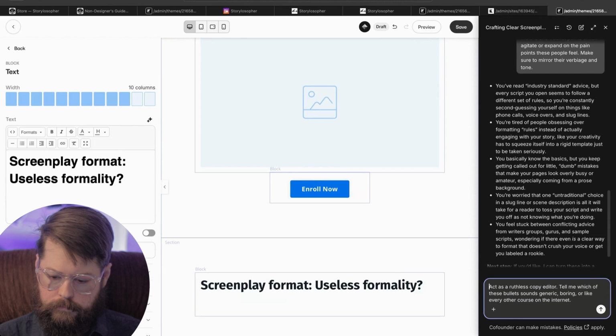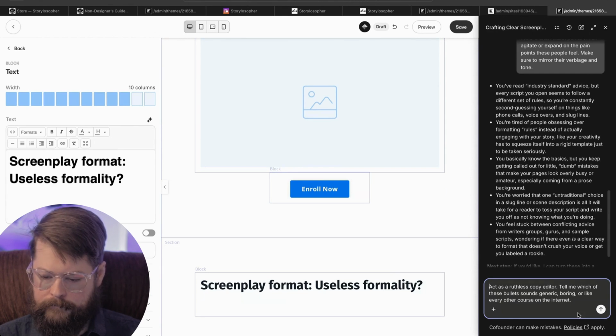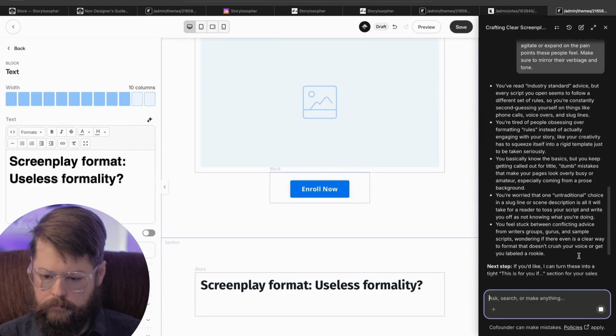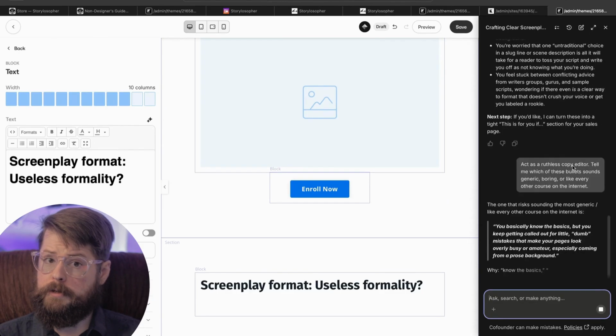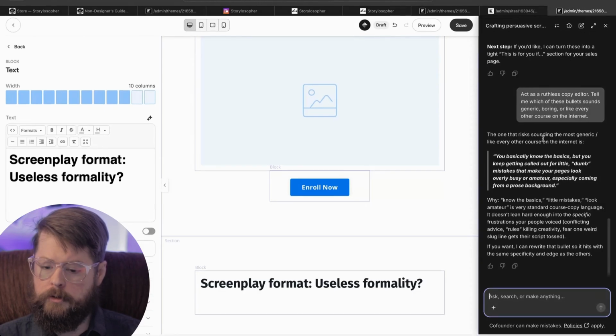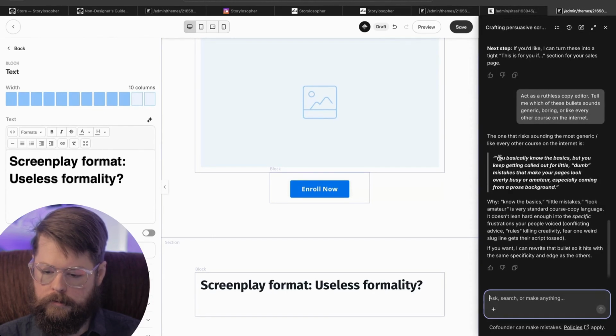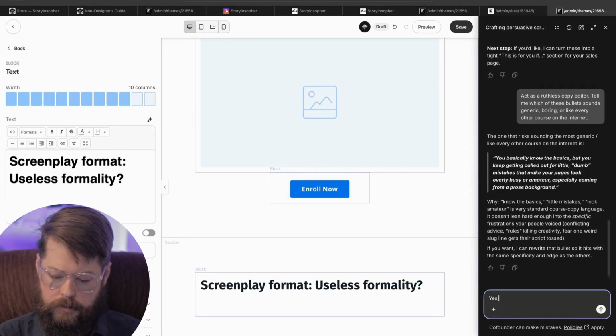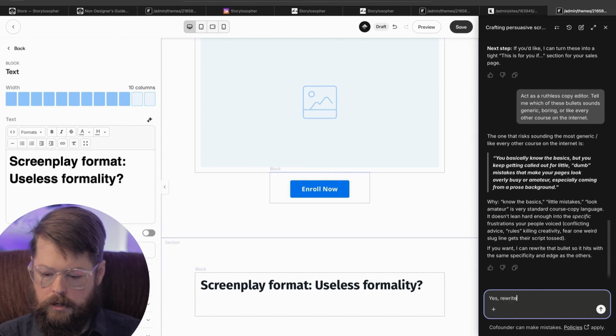All right, I'm going to take that prompt and put it back in here. Now let's see what it says. The one that risks sounding the most generic, like every other course, is this. Basics, little mistakes, look amateur is very standard course copy language. It doesn't lean into the specifics. Then rewrite the bullet so it's the same specificity and edge as others. You can say yes. Rewrite so it's